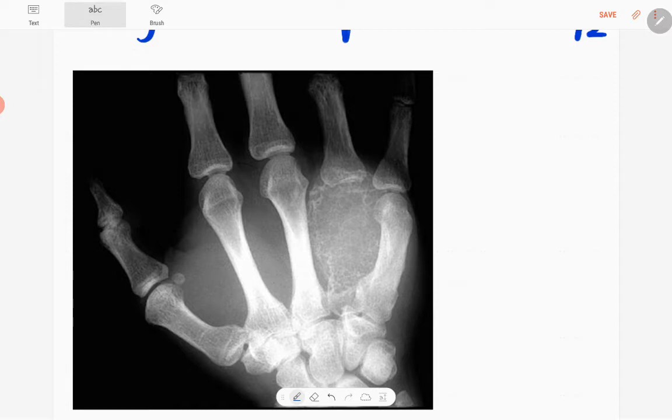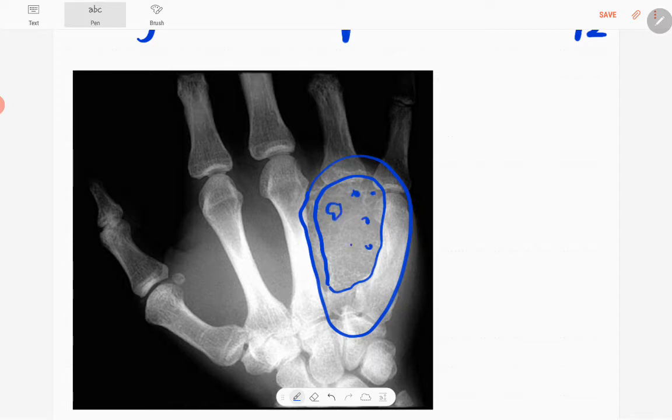So here you can see the obvious abnormality. The almost entire fourth metacarpal bone is affected. So there's a well-defined lytic lesion involving the fourth metacarpal in the diaphysis, metaphysis, and epiphysis. So it has some soap bubble appearance like this, multilobulated,